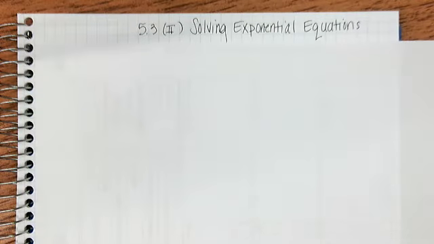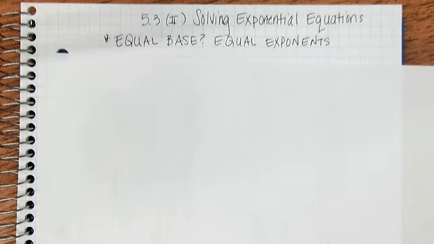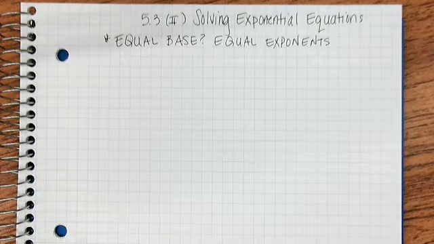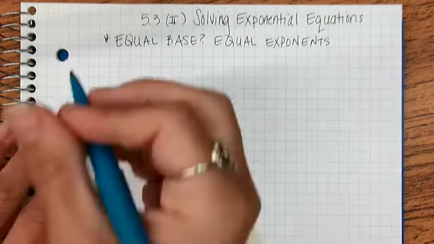This is the second part of 5.3, which is solving exponential equations. Key thing to keep in mind for solving any exponential equation is that if the bases are equal, then the exponents are equal. Equal bases, equal exponents. So first thing I'm going to do is